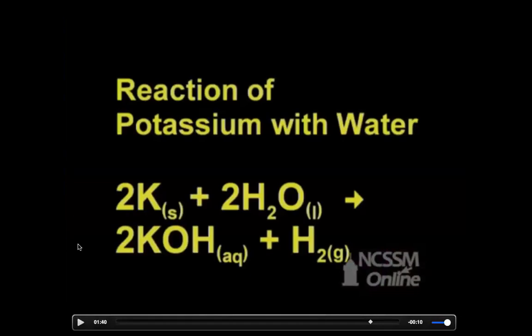Okay, so I want to pause it there because I know we haven't done chemical reactions or equations yet. But I'm sure you've all seen a chemical equation before. So this is the reason